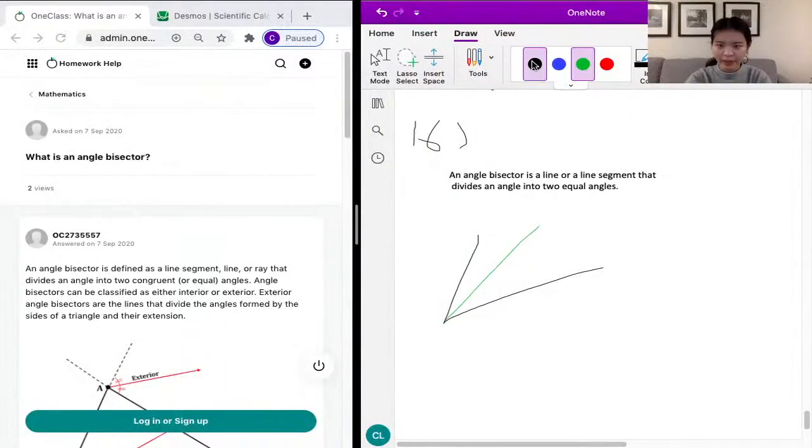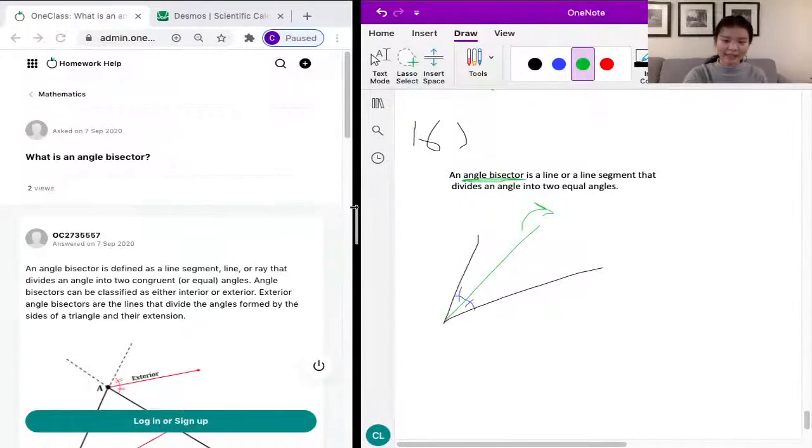Cool, now this part is more perfect. So basically, pretend this angle and that angle have the same value, or this line divides these two angles equally. I think it's pretty equal, at least from the naked eye. So in this case, this green line would be called an angle bisector, and that's what